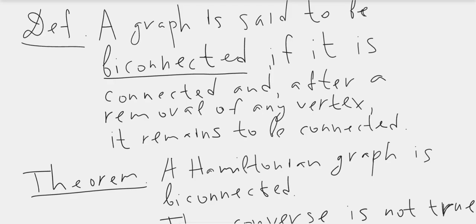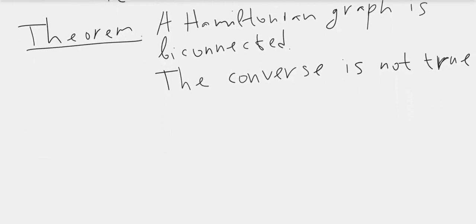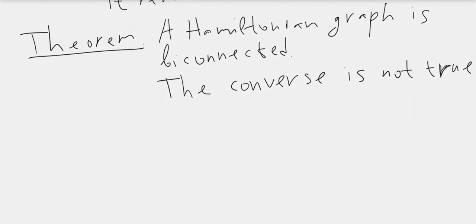So if it's connected, and if after a removal of any vertex it still remains connected. And the main theorem that I'm going to discuss in this video is that a Hamiltonian graph is biconnected,